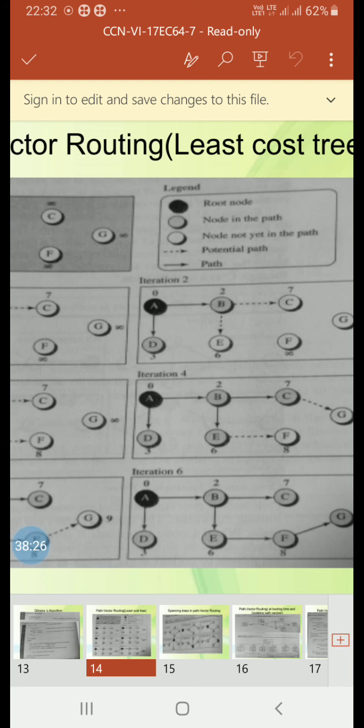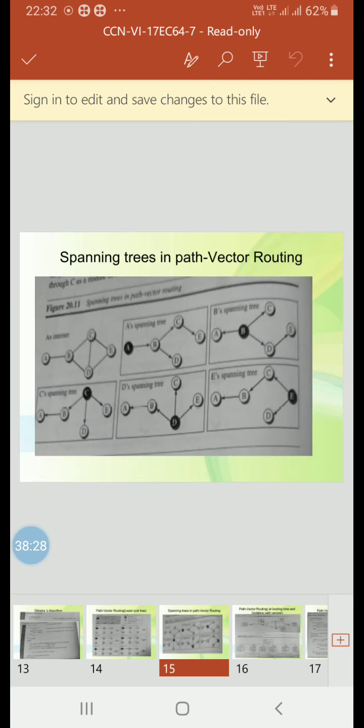So we'll see path vector routing. Both link state and distance vector routing are based on the least cost goal. But there are instances where this goal is not the priority. For example, assume that there are some routers in the internet that a sender wants to prevent its packets from going through.